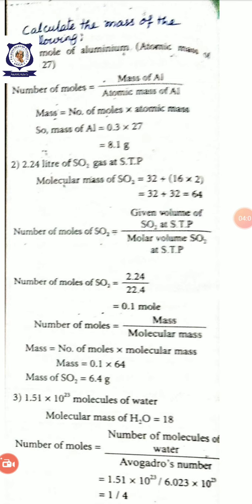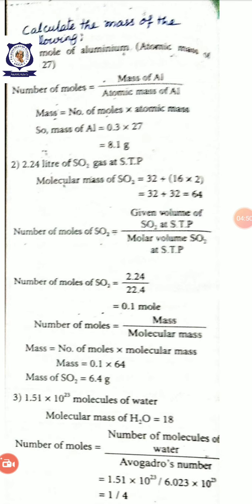So then number of moles is equal to mass by molar mass. See, mass is equal to number of moles, how much? 0.1 mole. So molar mass 64. So mass of sulfur dioxide is equal to 64 into 0.1, 6.4 grams. Once again I repeat, here only volume is given, but we have to calculate mass. How will we get? We know the formula. First calculate moles, number of moles. So first find out number of moles, then from the number of moles we have to calculate the mass.